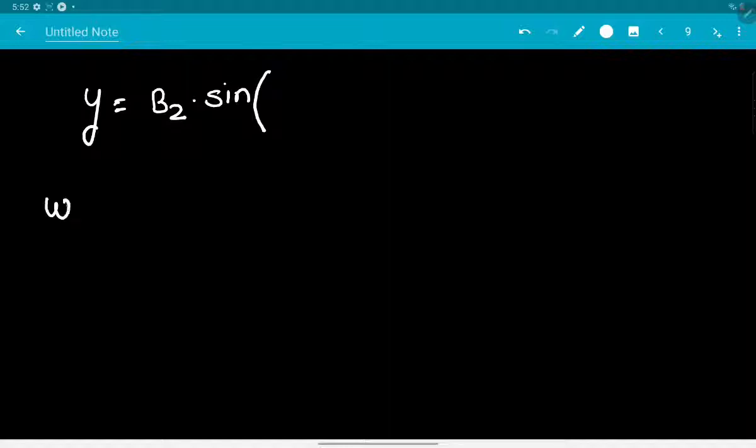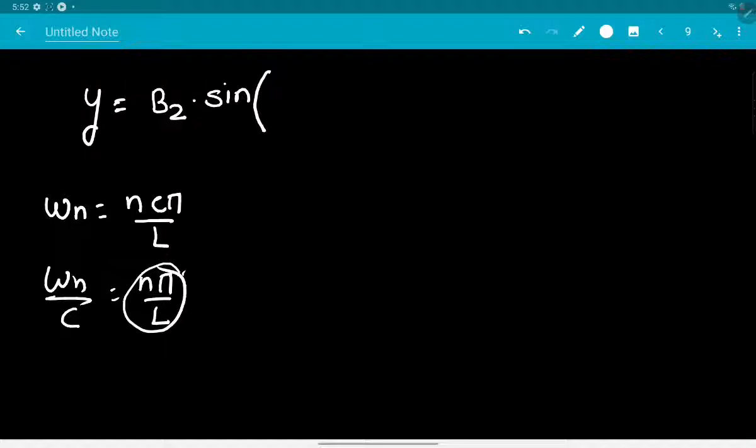Now we know that omega n is equal to n c pi by L. So omega n by c happens to be equal to n pi by L. So you are going to pick this one and put it over here. So you get to see n pi by L times x